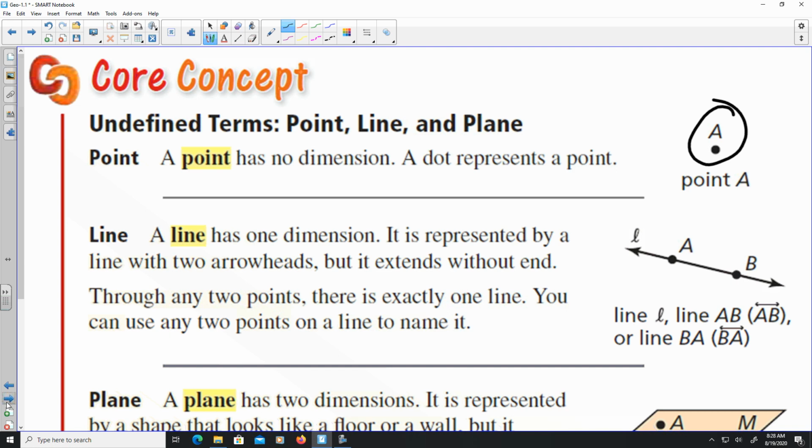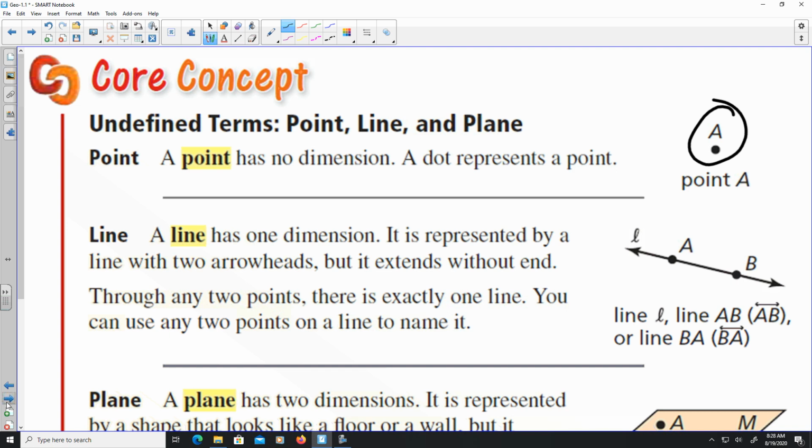Next you have a line. A line has one dimension. It's represented by two arrowheads. The two arrowheads mean that it goes on and on until infinity in both directions. The one thing that you have to keep in mind is